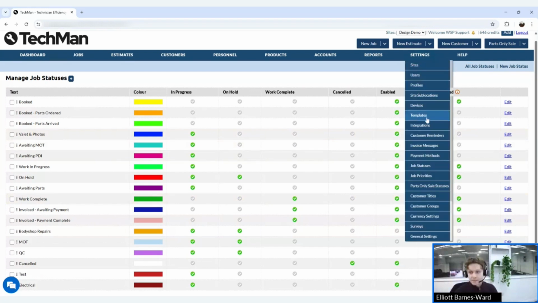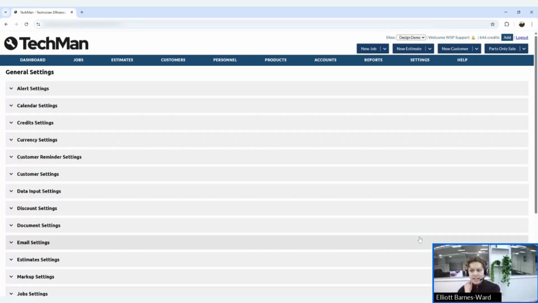One of our demo systems I think has about 30 in there, obviously just for testing purposes, but that's just a way of showing that you can add a lot more in there. Now in terms of a lot of these current settings, I won't go over them because they are quite self-explanatory with how they work, and a few of them again are just lists. So what I'll go through now is the general settings, and first thing that I will go through is the credit settings, because this is a bit like with the